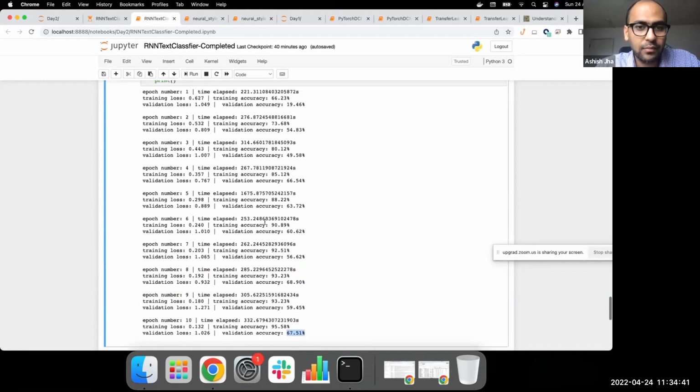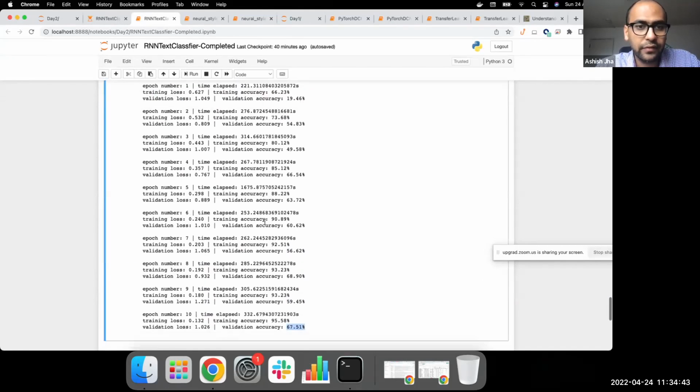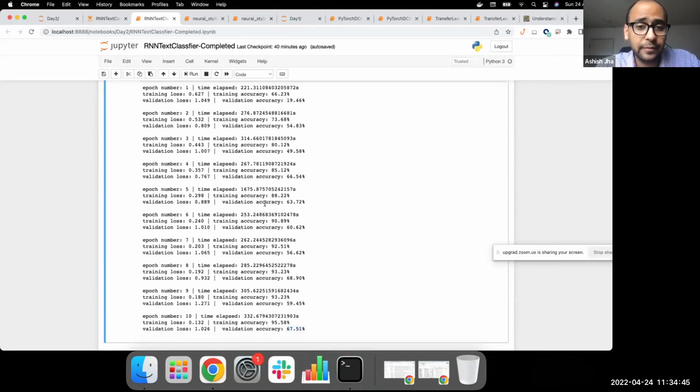Let me tell you something here. If you are familiar with the concept of overfitting, you can see that this particular model is actually overfitting because the training accuracy is going all the way up to 95%, right? But the validation accuracy has struggled a bit. So it has gone up and then it is slightly oscillating. So this basically tells me that I should firstly apply some regularization maybe.